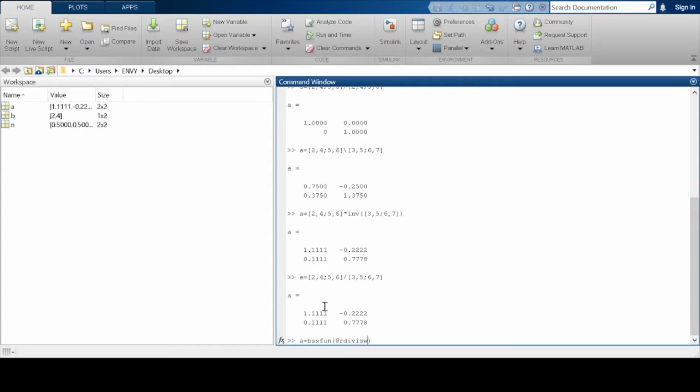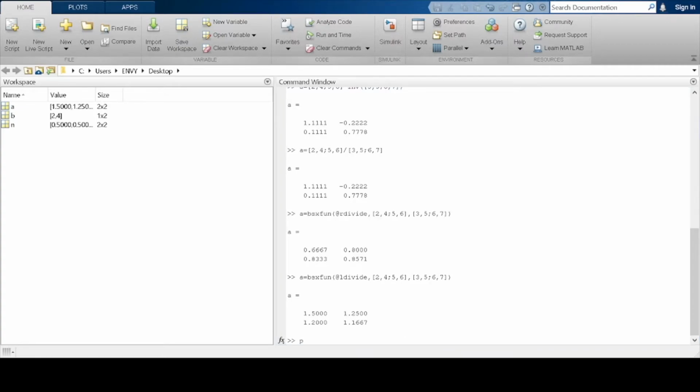So rdivide, followed by, so you see that we get this result. It's performing an element by element division. We can also do left divide. You just change R to L. So we get this.